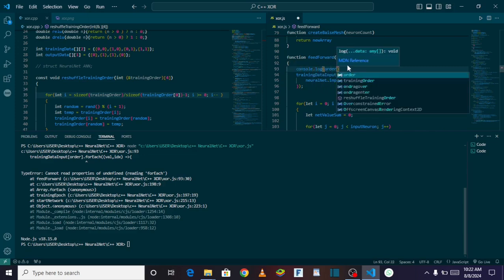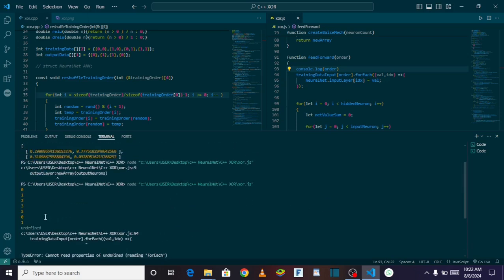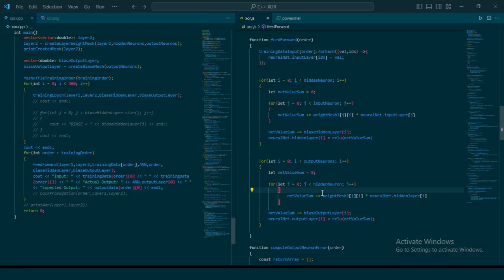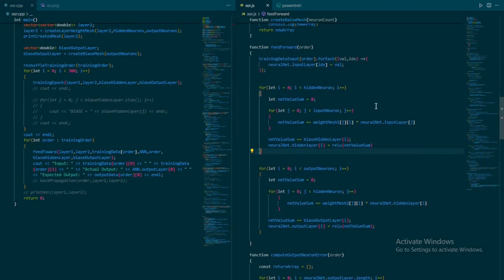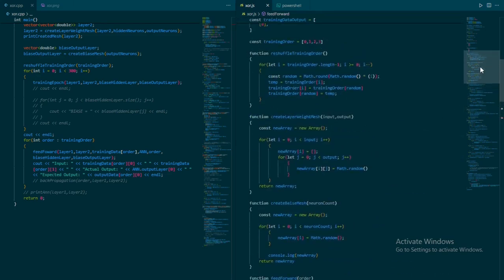So I should just pause this video and do this debugging, but let's just keep it going so everyone can learn. So let's see, it's printing out values for us, but it's going to print undefined at some point. You can print undefined. Guys, yeah, so I did some debugging on the code, and why it was giving us that undefined was because